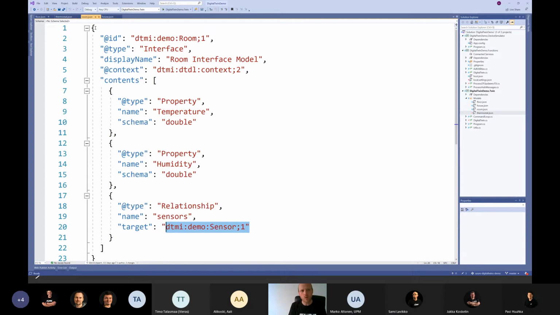With using events, I will update further details of my twins based on the data that is streaming through the system. Therefore, I want to have my humidity and temperature also on my room as a property, so I can store those on the twin. But I will definitely come back to that later on how that is done. So once you have these models defined, what you can do is,